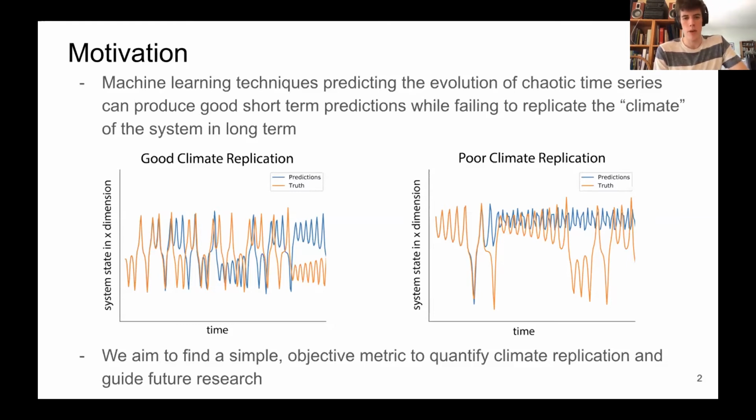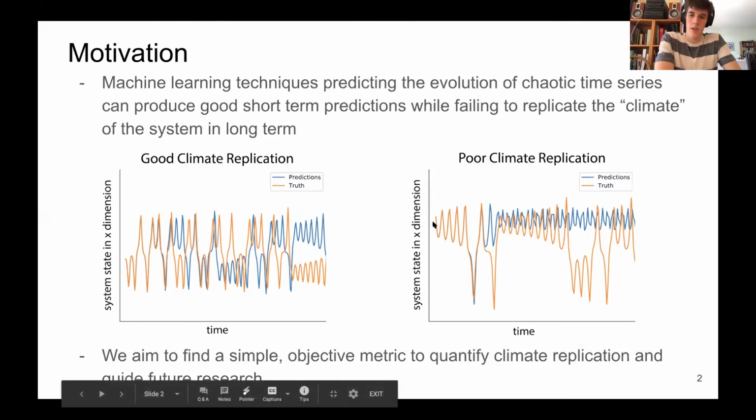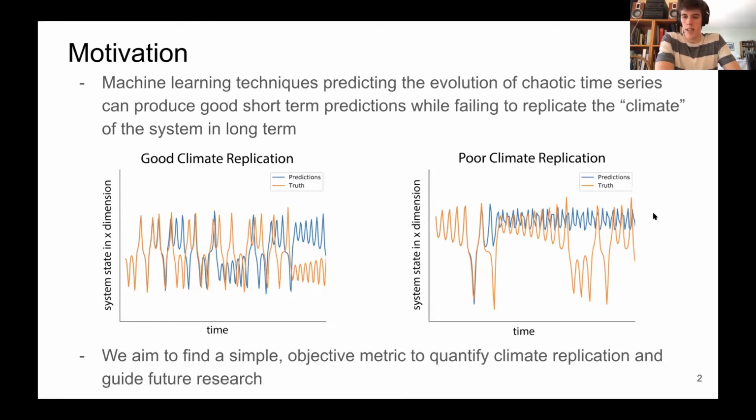So that refers to how well the machine learning predictions capture the general look and feel of the system that we're trying to model. On the left, you'll see that even after the predictions lose the exact trajectory, they still look like the system that we're modeling. They still look like the actual signal. Versus in this graph on the right, we'll see that the predictions agree very well to a certain point, but then once they lose the exact trajectory, they're going off and doing something that looks nothing like the system that